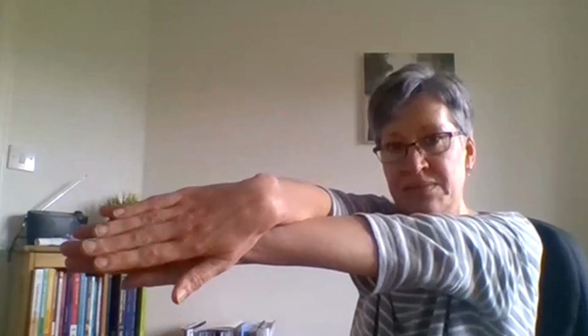But what I'd like you to do is extend your hands forward. Okay. And then your thumbs are uppermost, but I just want you to flip your hands over like that, so the back of your hands are towards one another and your thumbs here are pointing down towards the ground. And once you're like that, if you lift your right hand up over your left,